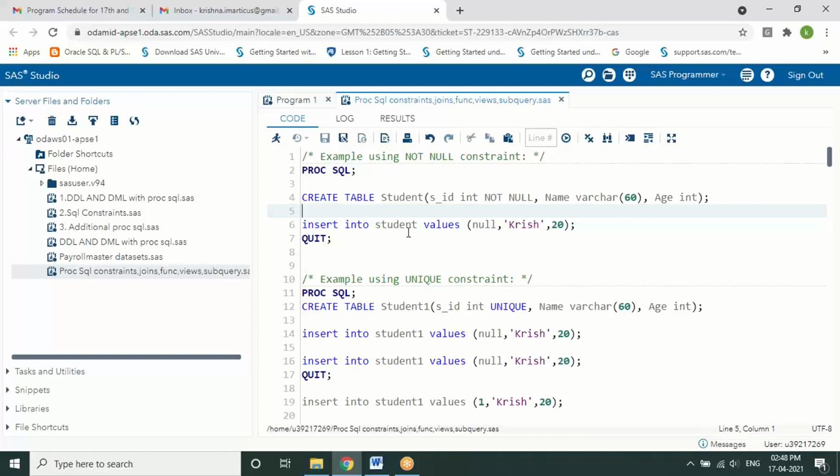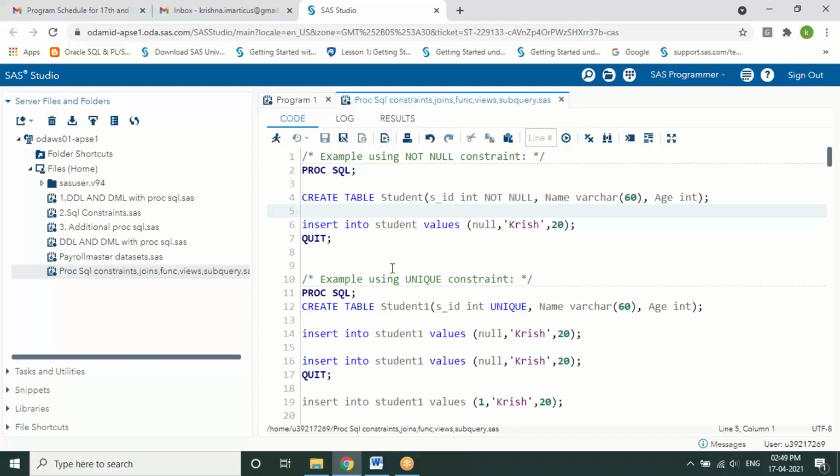After that, we'll talk about joins and functions. A little bit of functions we have already done in SAS functions. Similarly, on proc SQL, that is SQL with SAS, we'll see what functions can be used. After that, there is one more concept called views and subqueries. This is what we require to cover on SQL in SAS, so we'll do that first. After that, we'll discuss macros, and lastly a project. This is for today's session.